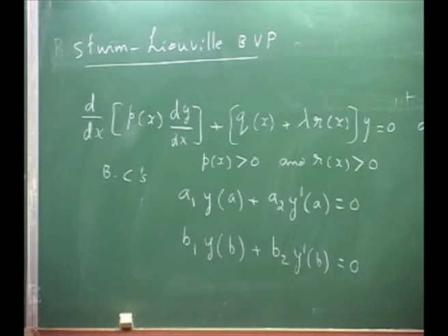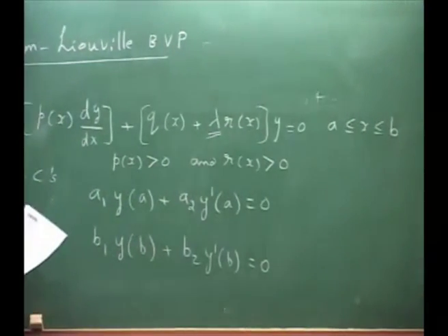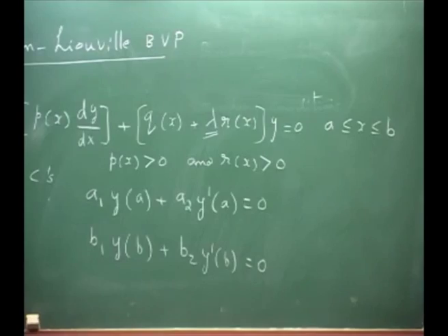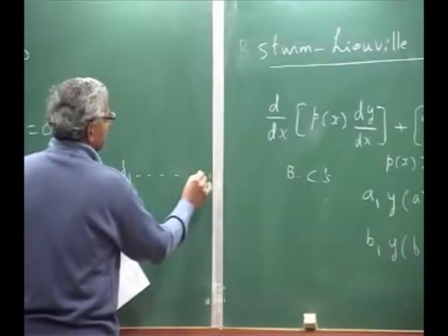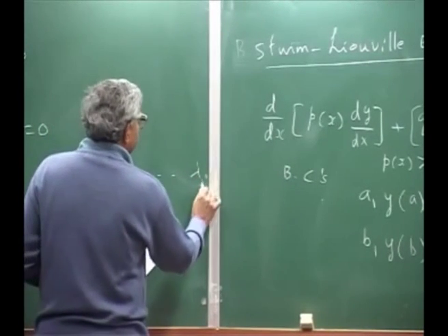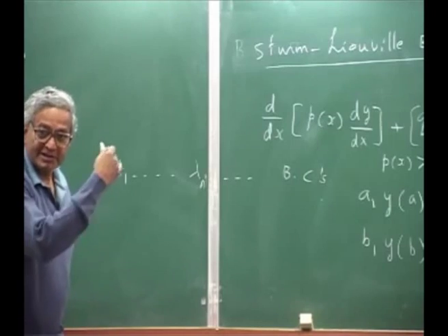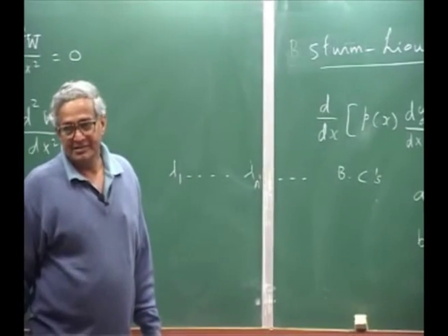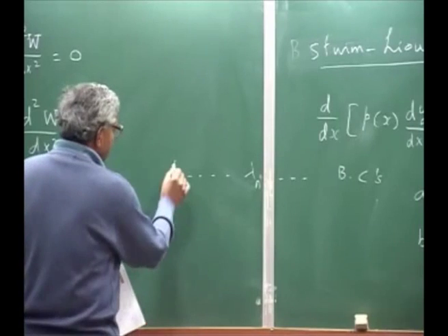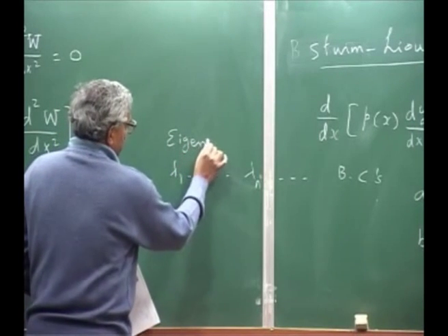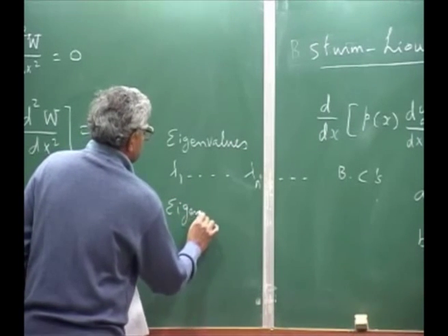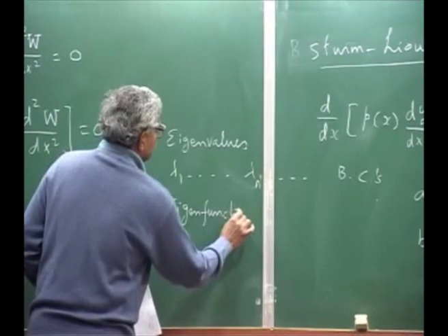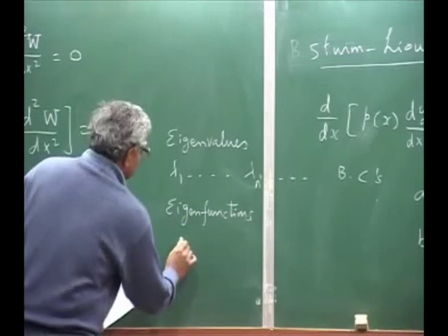It says that we will have these values, the eigenvalues you may call them: lambda 1, lambda 2, and so on, lambda n, etc. Corresponding to that you will have the solution, these are eigenvalues, and there are eigenfunctions, which are phi 1,